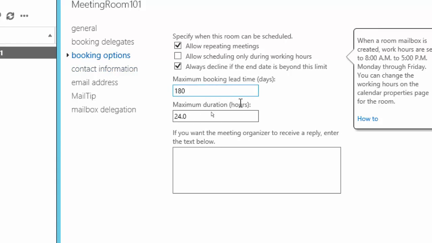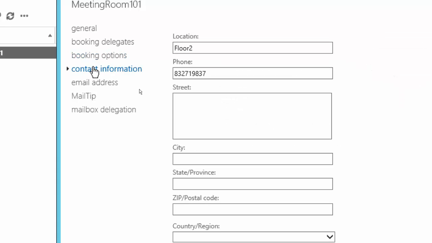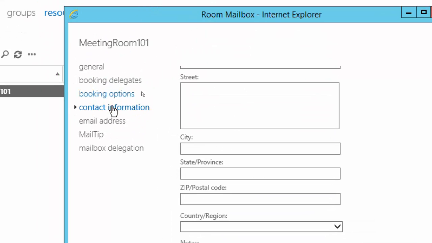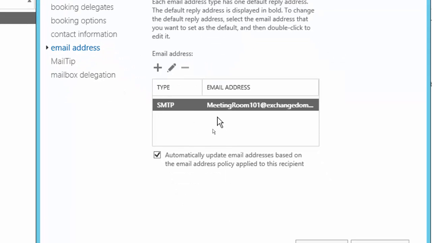So we're just trying to understand these options. There's a mailbox that can be created for a room, and we can just check the calendar as well. And contact information, yes, we already put that information. You can just put some more information there, but nothing here. So email address, we already have that email address here,